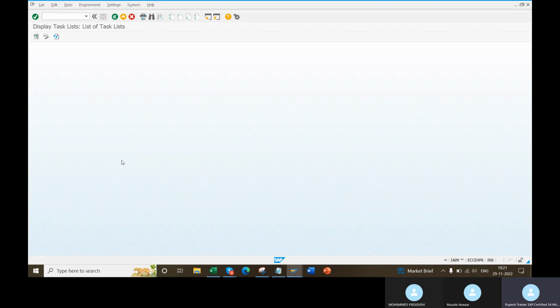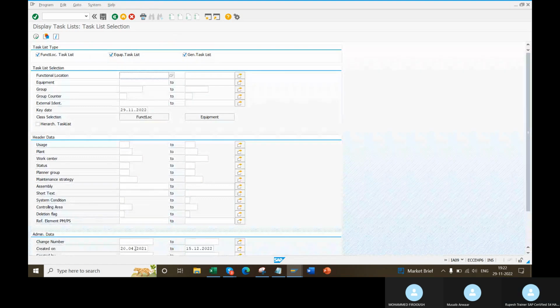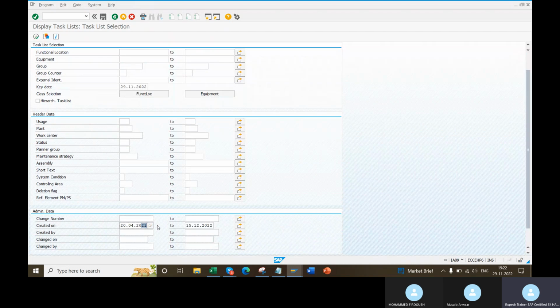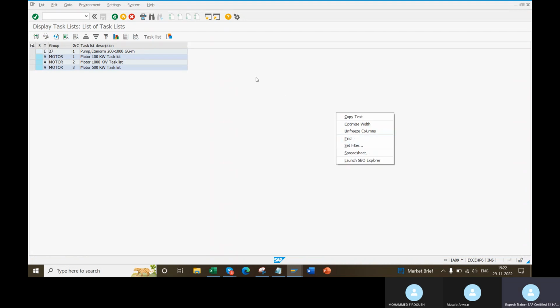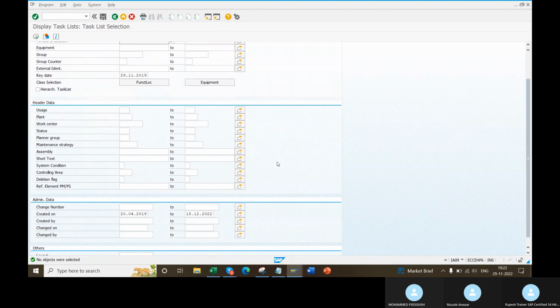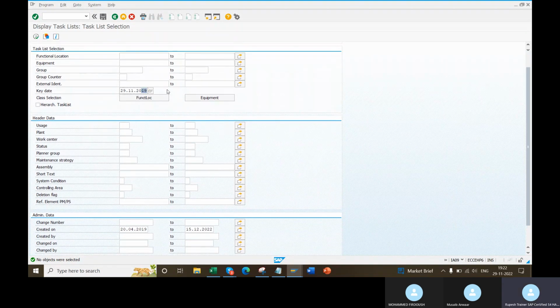Am I doing right or wrong? Created correctly only. Don't know. No task list. Or am I doing anything wrong? This create also is very important. I will tell you.